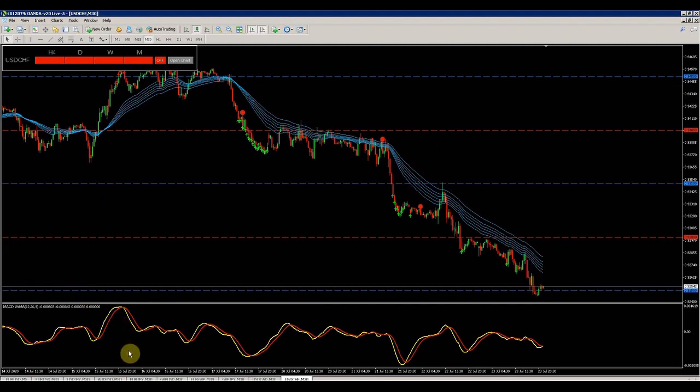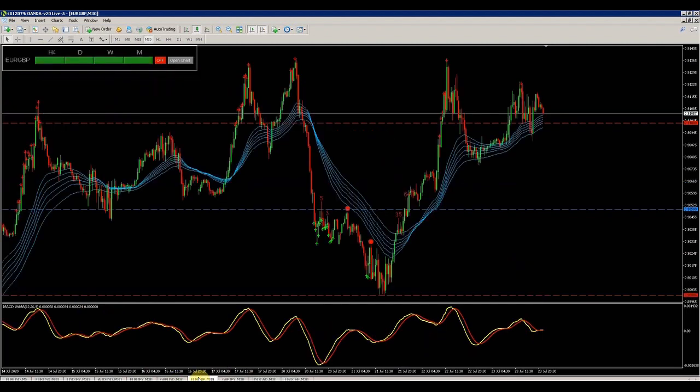An example I want to use here is the euro pound, and at this level over here. So you can see over here we had all these arrows, and we had some bearish pin bars as well. As these arrows were forming, showing potential long signals, and these are where the RSI is overbought on the 30-minute and the 1 hour, we had bearish pin bars at the same time